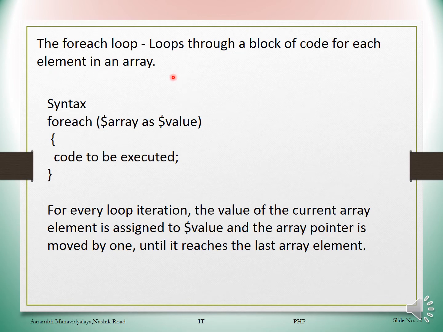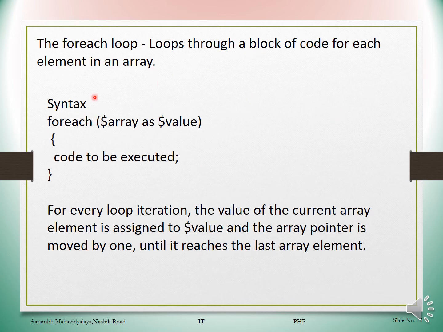That means whatever the different elements given in that array, it goes through each and every element within the block of code. Block of code means this area. Whatever different statements are given, those statements are known as the block of code. Now you may remember the concept of array. Array is a group of similar type of elements. For example, colors. Colors is the name of the array and it may have different elements like red, blue, green, yellow, etc.